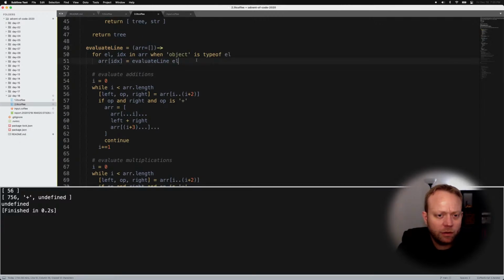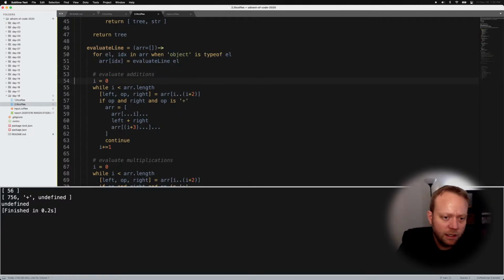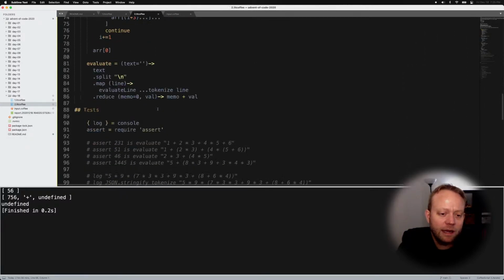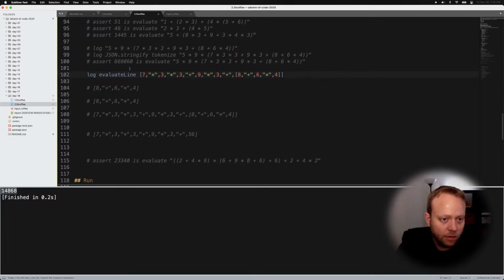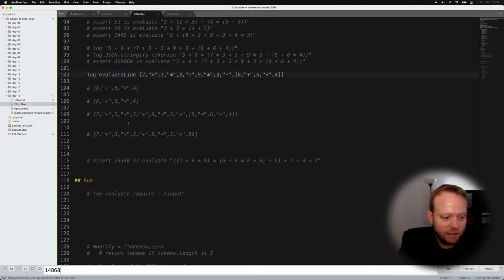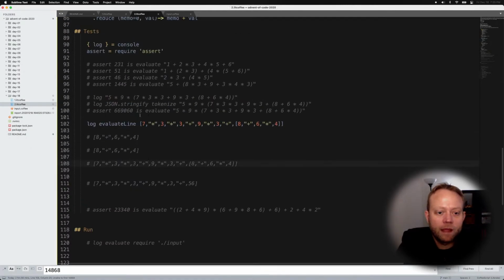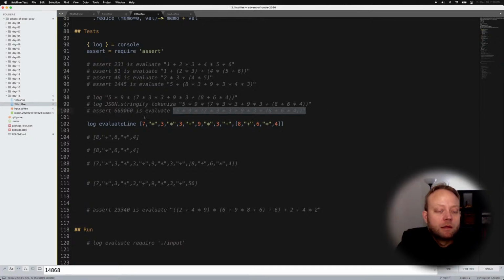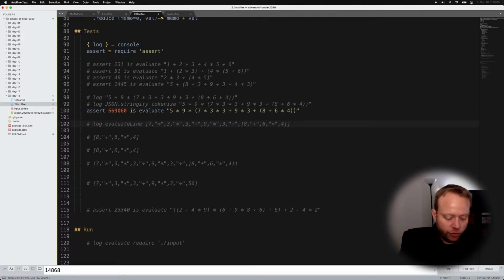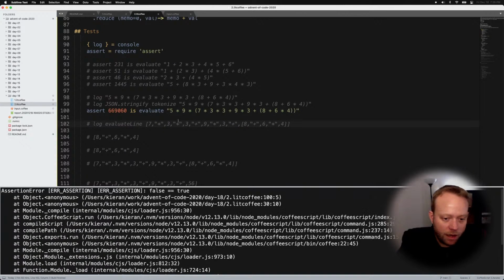So evaluate line is going to go through, evaluate the parens, evaluate the additions because they're first, and evaluate the multiplications because that's last. And now if we try that, we get this, which where was that? Assert. Is this even in the file anywhere? No, it's not. So this has a different answer. 7. Oh, because it's a substring of that. Okay. So let's see if that's true. It's not. Okay, so let's